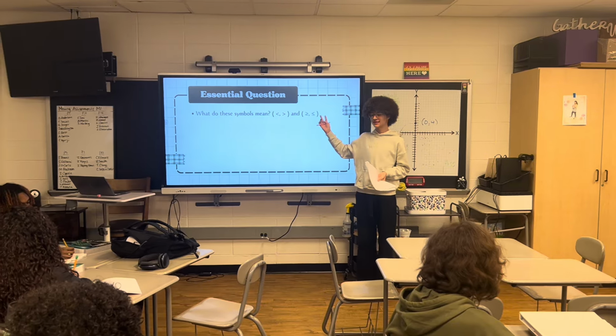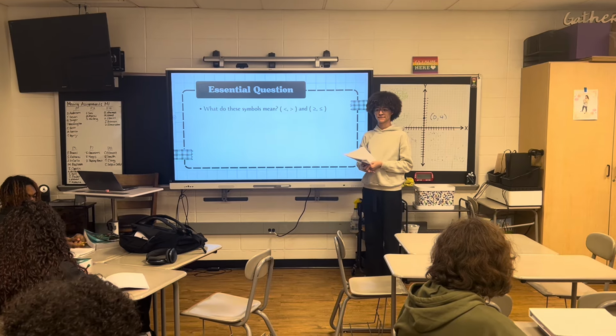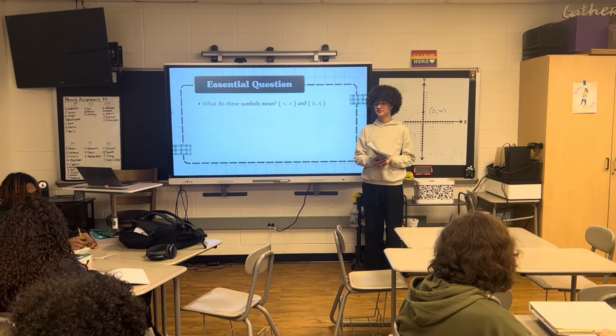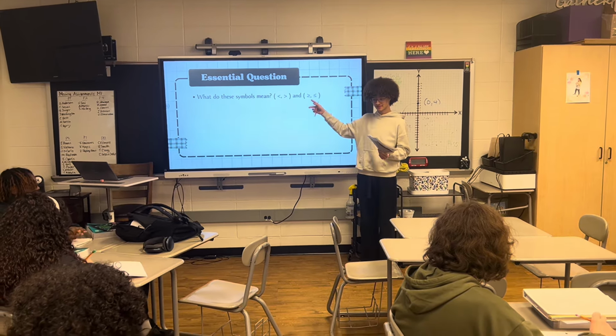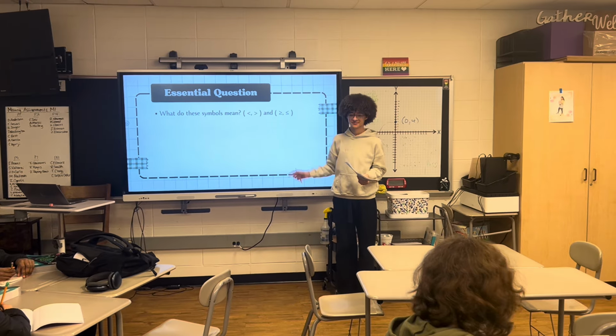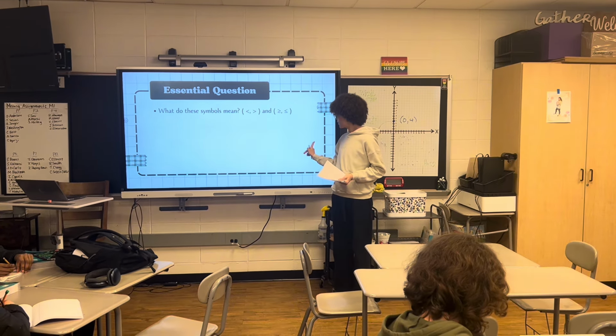Can anyone tell me what these two symbols mean? Greater than or equal to, and then less than or equal to. Correct. And which one's which? That one's greater than or equal to, that one's less than or equal to. Right. Alright, so